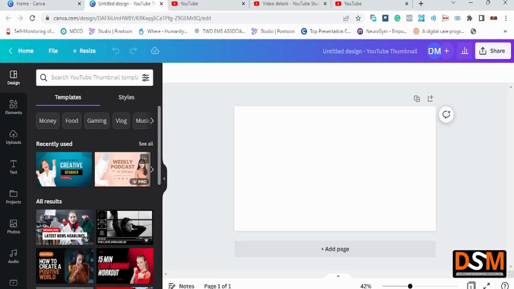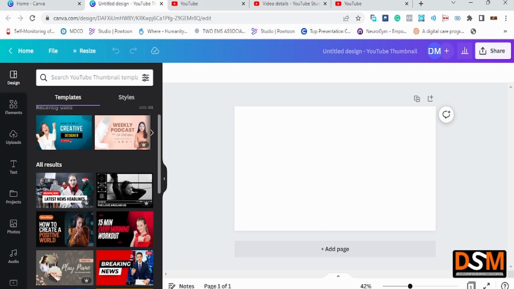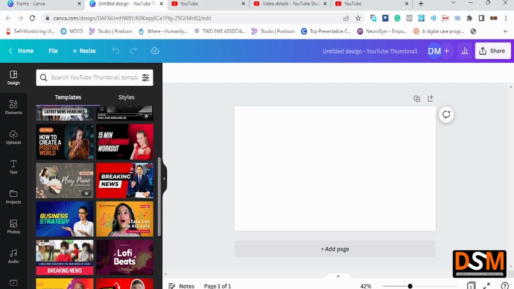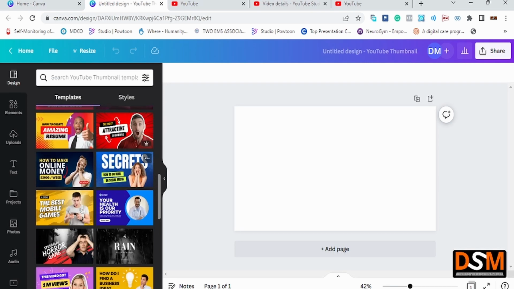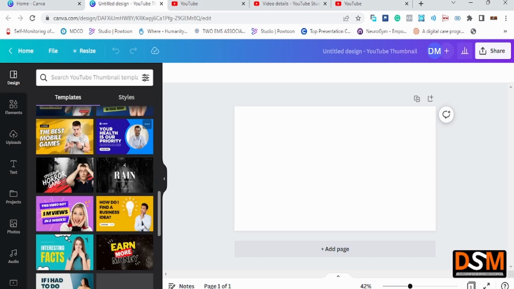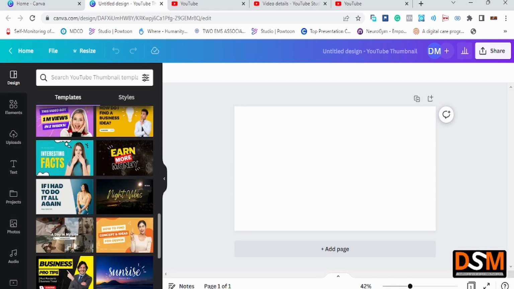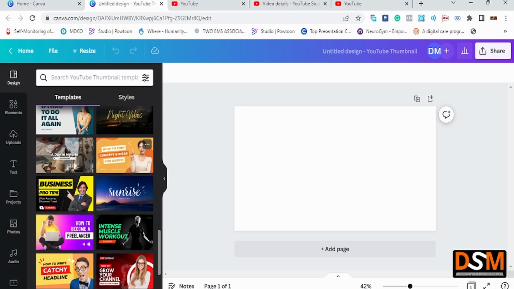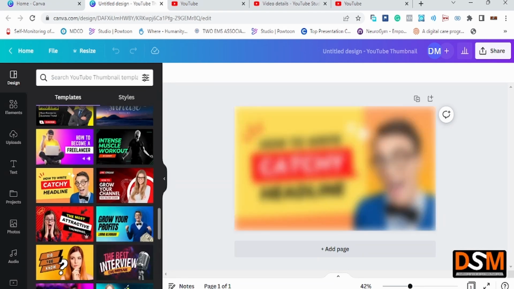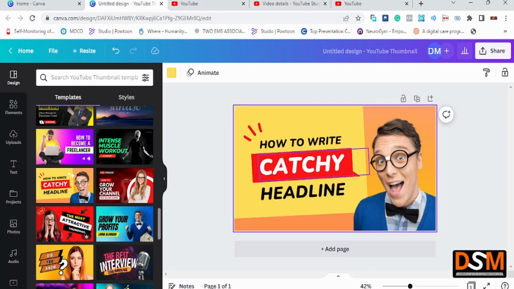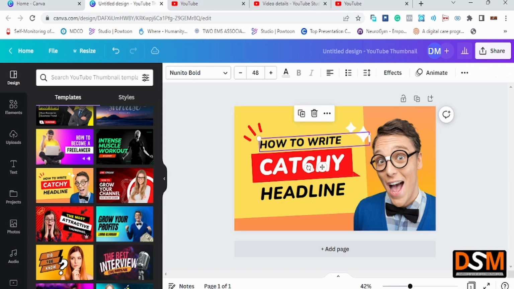Once you select that, you'll see that there are several templates here that you can use to make, and you just look for one that piques your interest. I've seen one that's quite funny, but I just want to see one that is quite interesting for me. You select it, it comes here, and from there you can create the thumbnail that you want to create. Like for example, how to